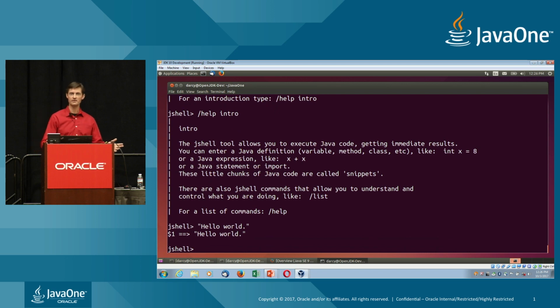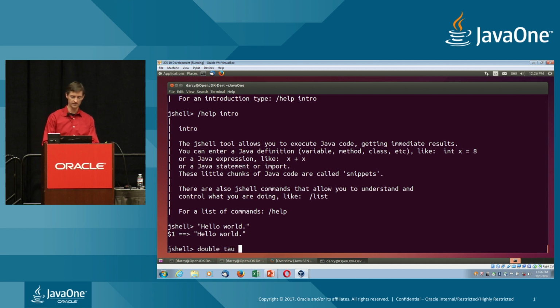Now, we get back hello world. Now, that's a nice thing to have, not very complicated, but notice we didn't have to deal with public static void main string, all those things. So if you just want to do some informal programming and get started, you can do it right away. So besides expressions, we can define variables in JShell.